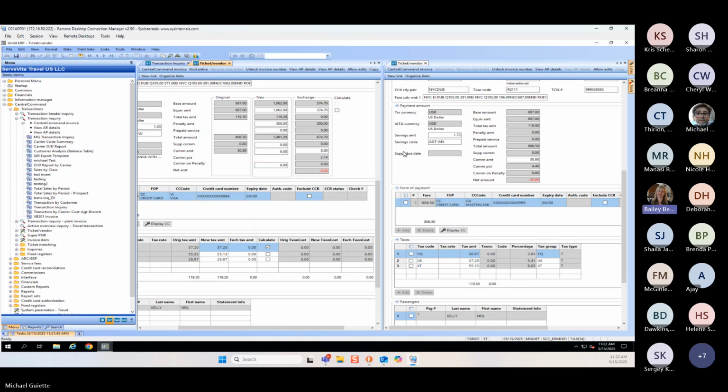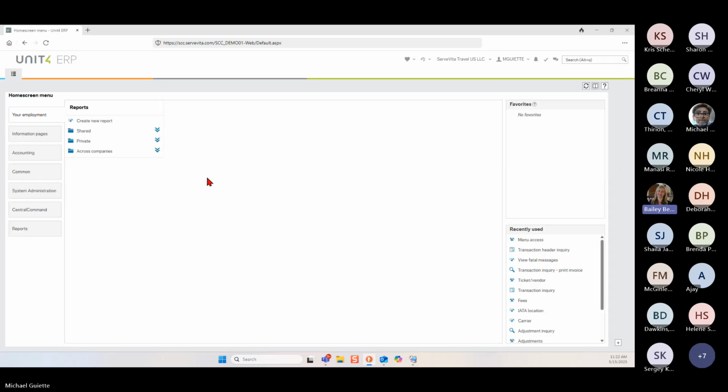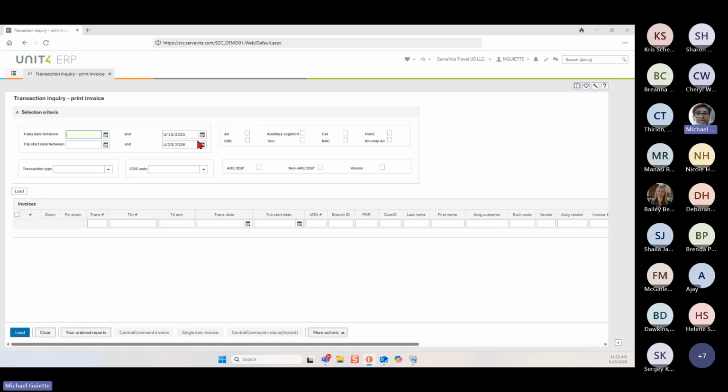Okay. Another question is going to the web version, when you were in the transaction inquiry print invoice screen. Yes. How do we change the defaults on that screen so that the begin dates and the lookup are not pre-populated? Excellent question. I know those dates have tripped up many a user. Yep. So I'm in the web now, I'm looking at it, and you'll see that mine are blank. The reason why mine are blank is because when I went into this screen, I went